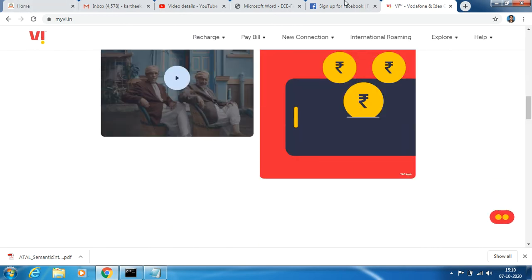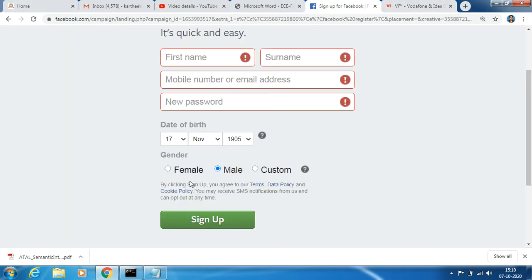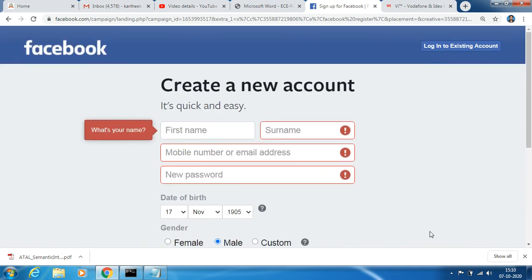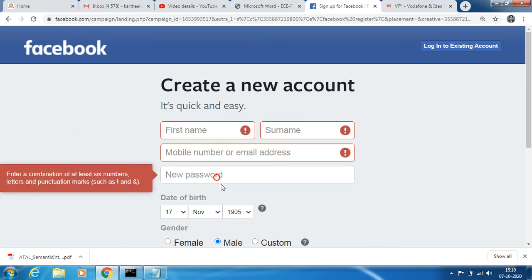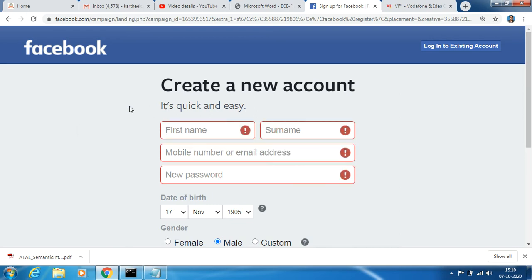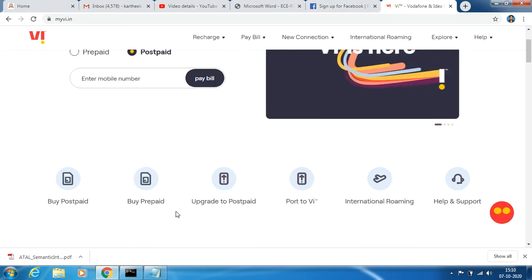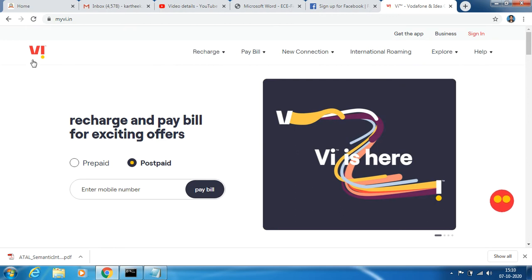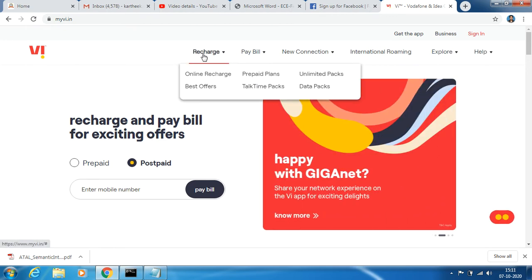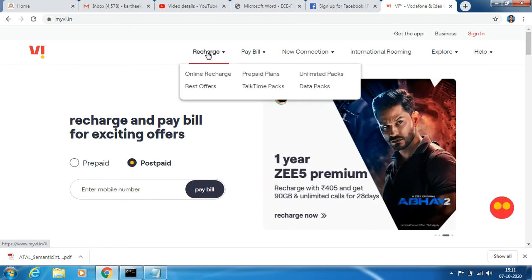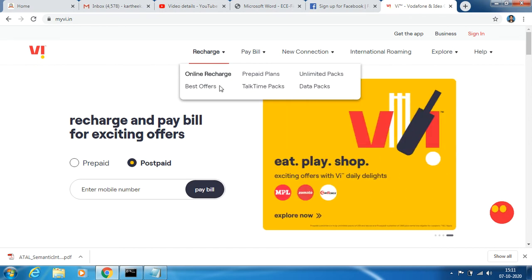Okay, I'll show an example of this. So this is a button. When I click on this button, what should happen next? These are the different kinds of components on which I have to perform some kind of events. If you keep a mouse, see, when I keep my mouse here on recharge, automatically this menu is dropped.